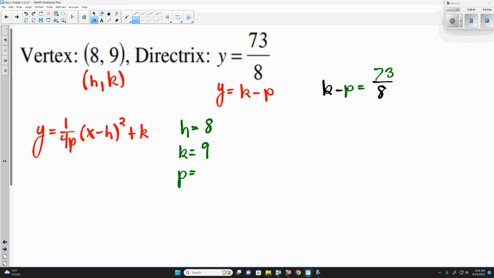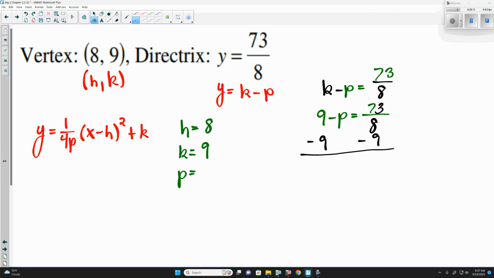73 over 8. Because our directrix, y equals 73 over 8, is our directrix, and its part in our general form is our k minus p. It's taking the place of k minus p. And k in our case is 9, so 9 minus p is 73 over 8. Now to solve for this here, we need